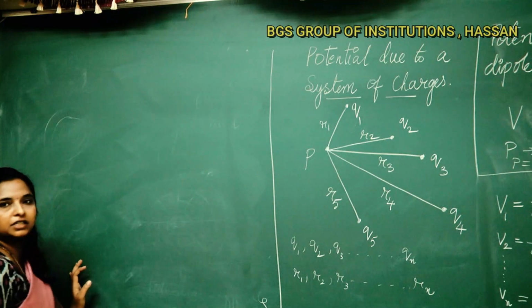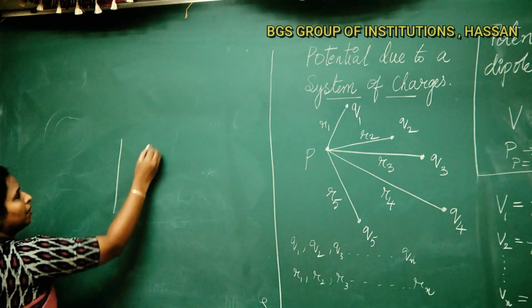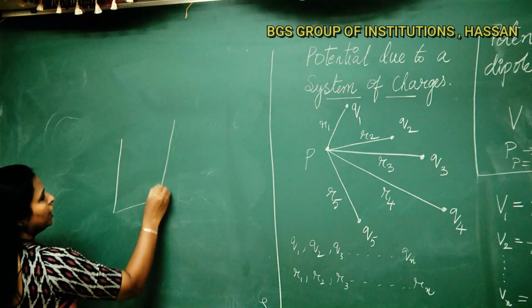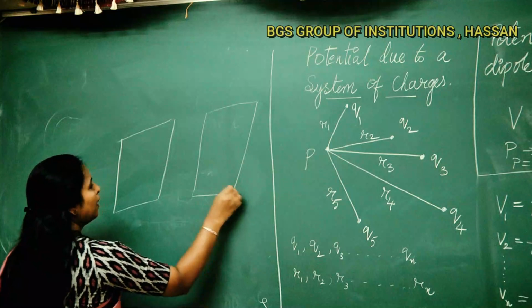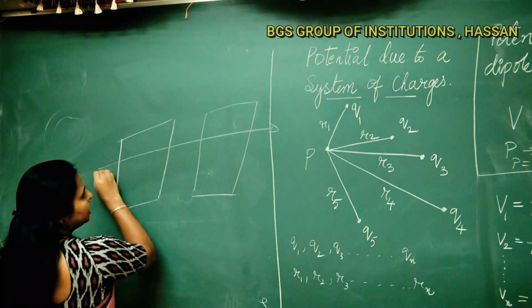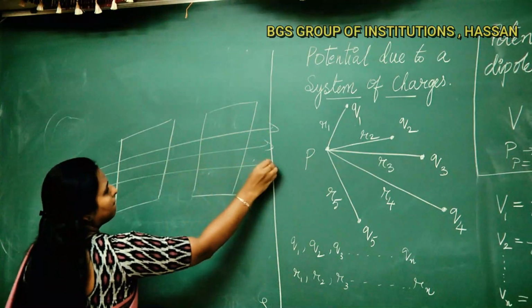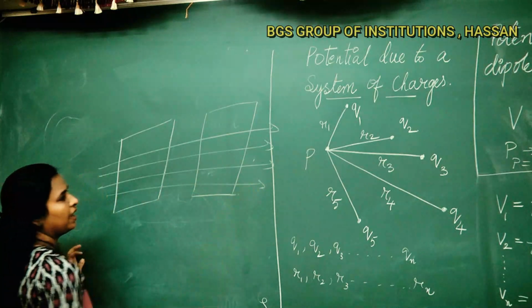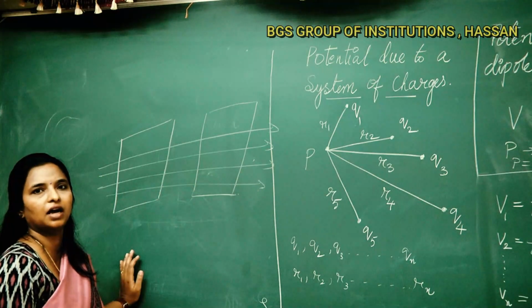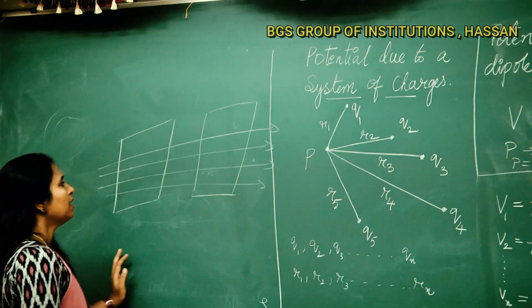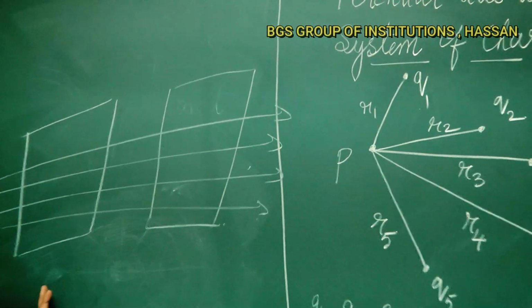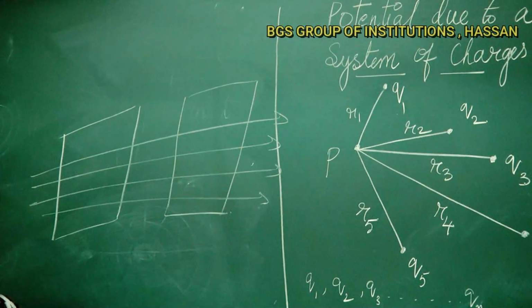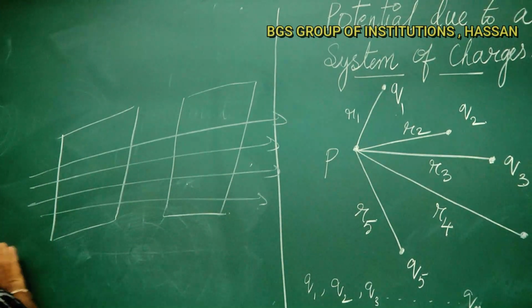Also for equipotential surfaces with a uniform electric field, we will denote the field lines parallel to the YZ plane. You can say parallel to the YZ plane or perpendicular to the X axis. Okay? The surface will be perpendicular to the X axis and the field lines will be parallel to the YZ plane.